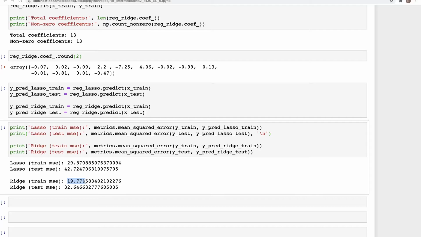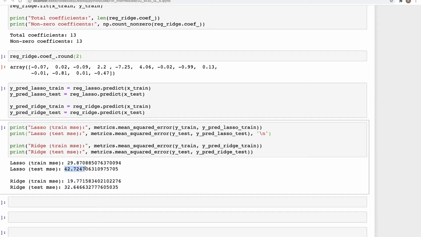So 0 MSE is the best. It means that there's no difference between your predicted and the actual value. So here there is a residual of 19, so MSE of 19, whereas here there is a higher MSE. Now, when we look at the test data, test MSE, again the MSE is lower for Ridge as compared to